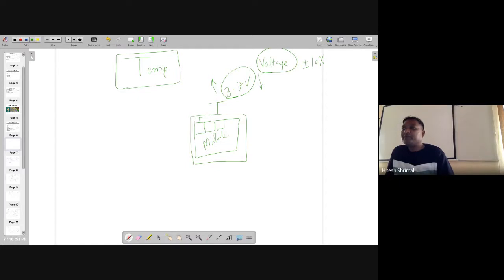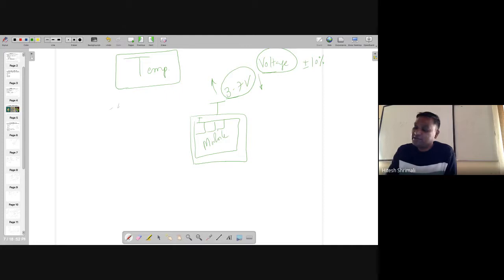So in that range, what is happening? Note that you should not give more than plus 10%. It can damage your device. This is a very small device. It's not like your normal 5 volt or 15 volt device, where you check whether it's heating up, and just by touching it you will know whether it's damaged or not. Here it will be damaged without any heating up, because the supplied current might be in the range of milliamperes. If it is in watts or amperes, then you can feel it. Other than that, you won't feel it. So this is one thing.